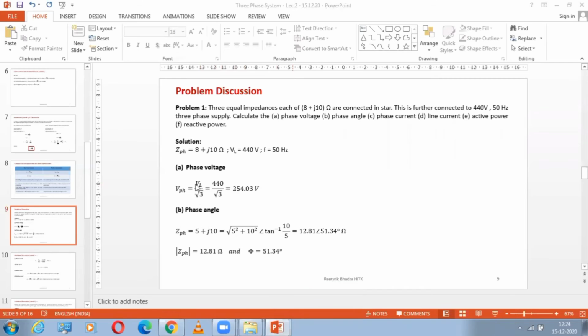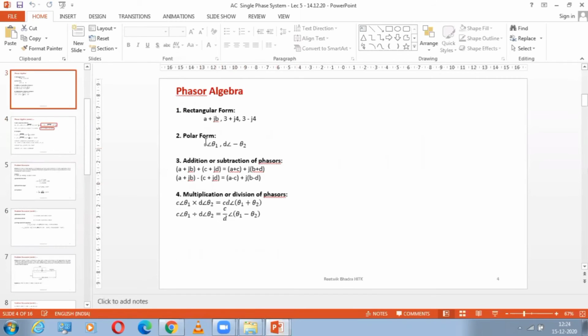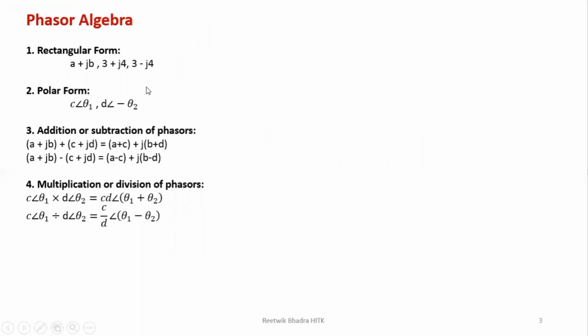Okay, we'll just go through this very fast. So you will have two forms over here. You know that R plus JXL for inductor. You know that R minus JXC for capacitor. RL series circuit, RC series circuit. You have done RLC series circuit. Yes, sir. Then it comes R plus JXL, R minus JXC, R plus JXL minus XC. So that J terms comes over here since it is AC.